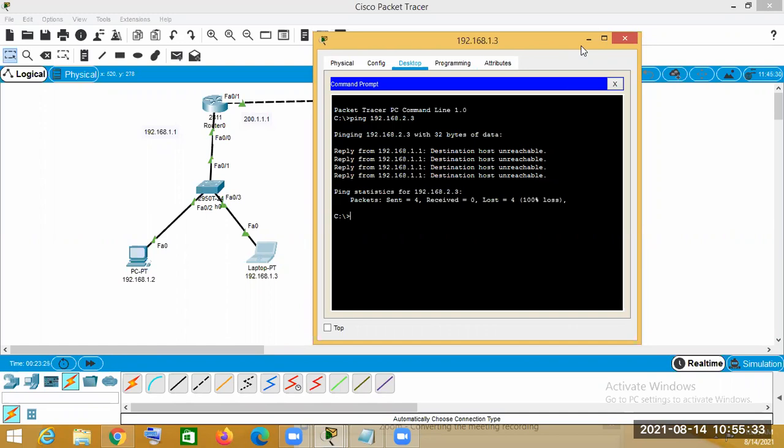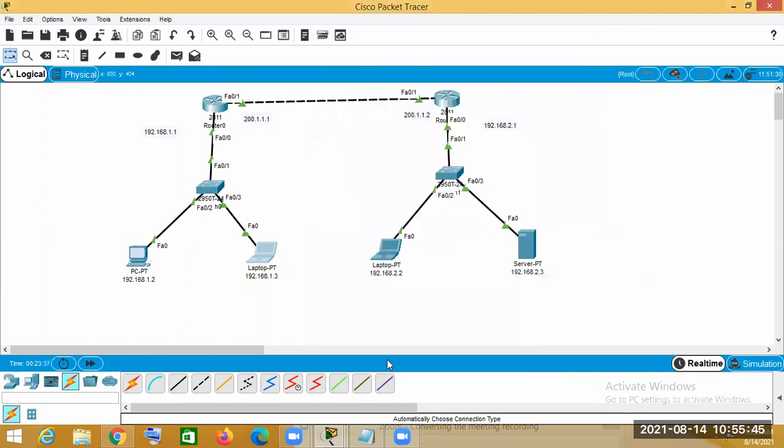Now the OSPF command format is like this. First, router ospf 1 should be present. I will write the command and explain it with this.